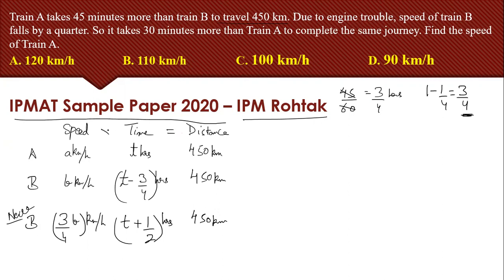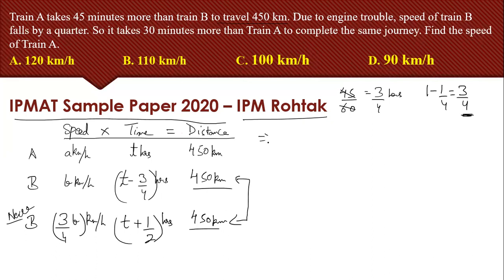So this is the very basic method that I'm using to solve this question. I'll be telling you one shortcut as well. So first of all, let's solve this by using the basic method. We know that distance is speed into time. Yes, you know this. Now, since distance is same for both the older values of B and new values of B, I can equate these two.